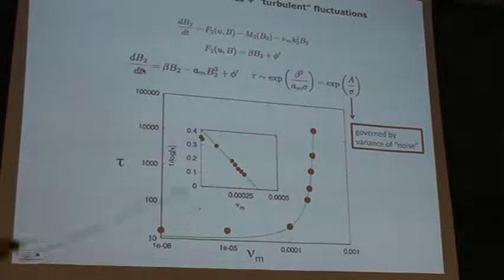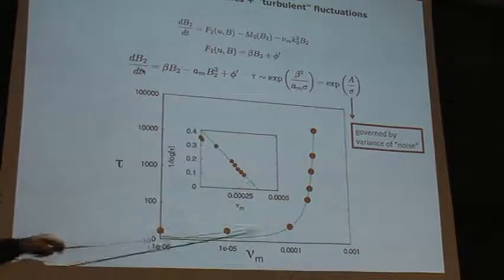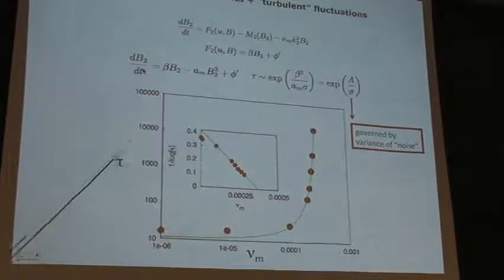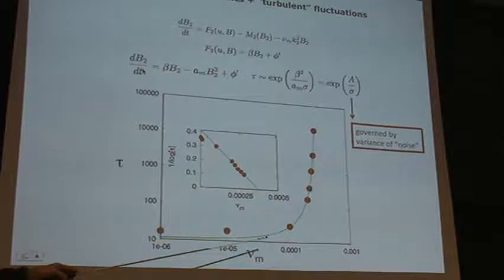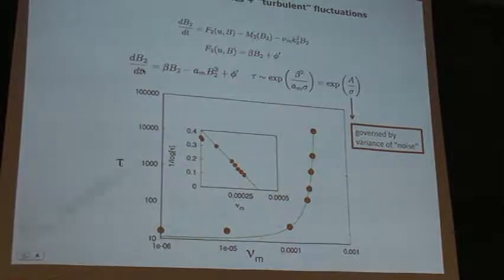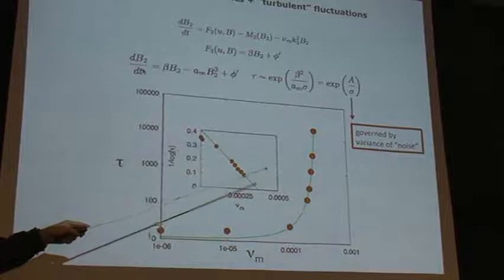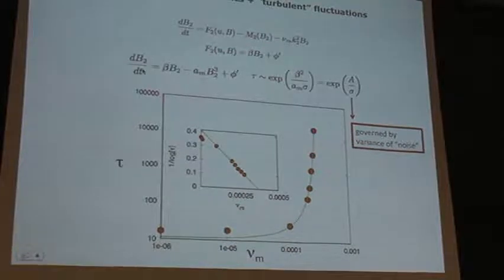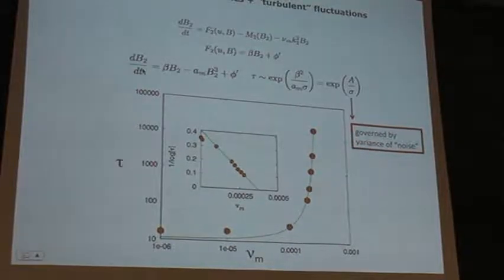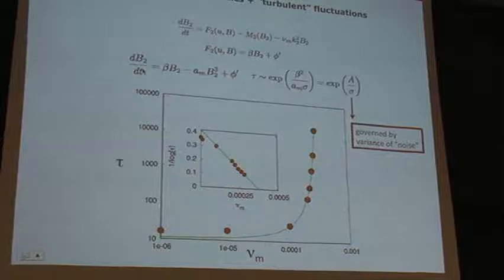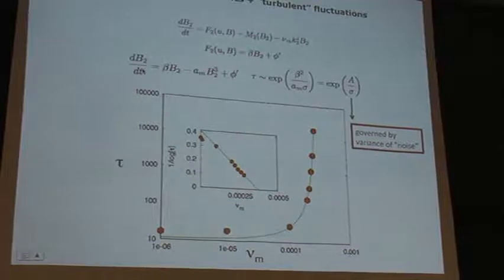And what you find is that the hydro type of noise has a very strong influence on how that noise varies with the Reynolds number. That is, you can make tau really large depending on Rm values. And this is not a given thing. If you take a Gaussian white noise, this is not what you find.